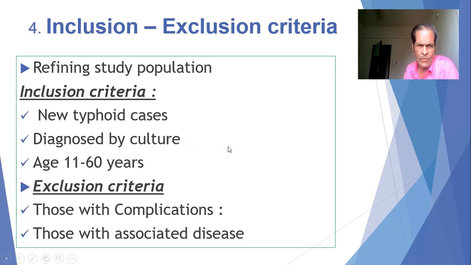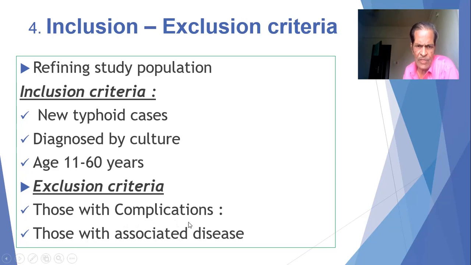If the trial relates to a new drug in typhoid, then the inclusion criteria may say that only new typhoid cases will be included. Only those cases which are diagnosed by culture will be included. Only those cases aged between 11 and 60 years will be included, and cases of both genders will be included. So new typhoid cases diagnosed by culture, aged 11 to 60 years, of both genders, is the inclusion criteria. Exclusion criteria is